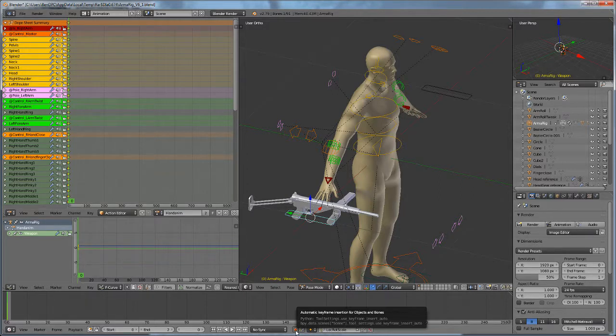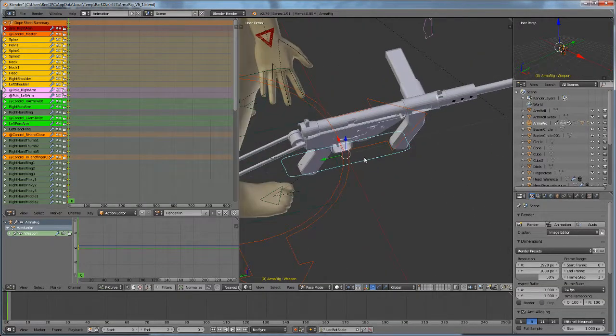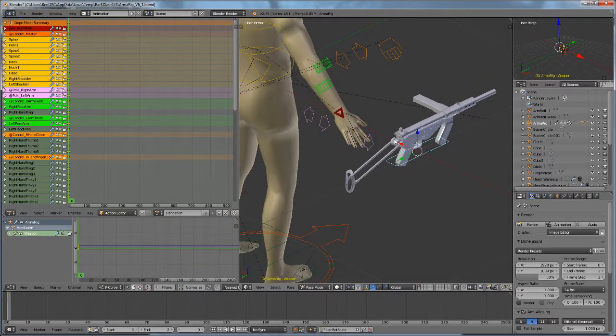But that will only work for the part that you've got selected. So if you moved everything, you just got to select everything and press I, it will insert it. And if you forget something, it's not gonna know that that's not what you wanted. Okay, so another thing as well, it's fine for these type of weapons like your Sten